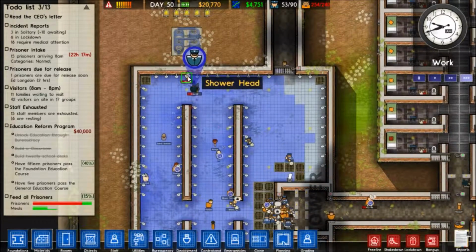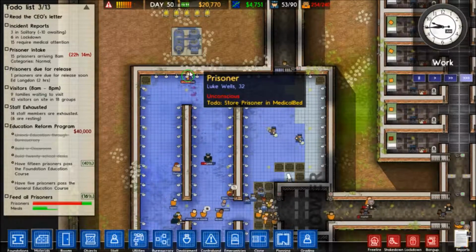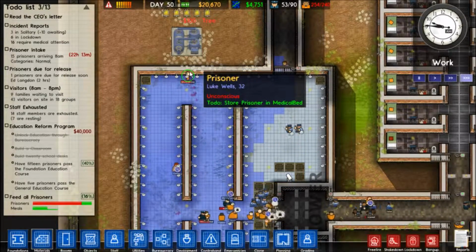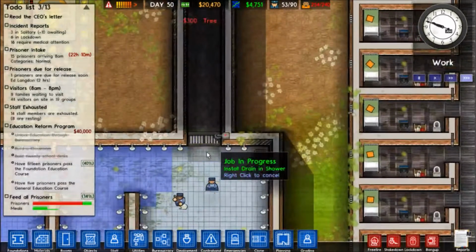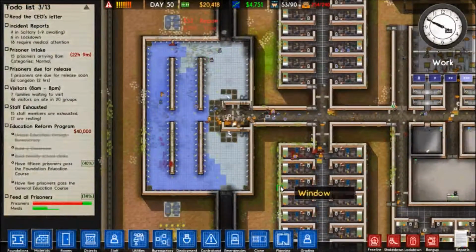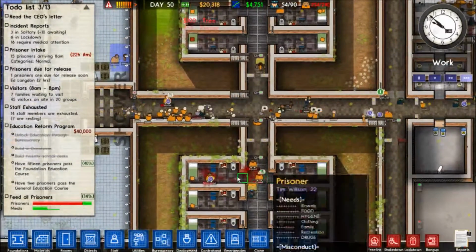That prisoner's getting the crap kicked out of him. There you go, he's just been knocked out cold. So he's now going to go to the medical bay. And then he's 10 prisoners waiting to go to solitary. That's quite a lot. And a large portion of our budget is now being spent on